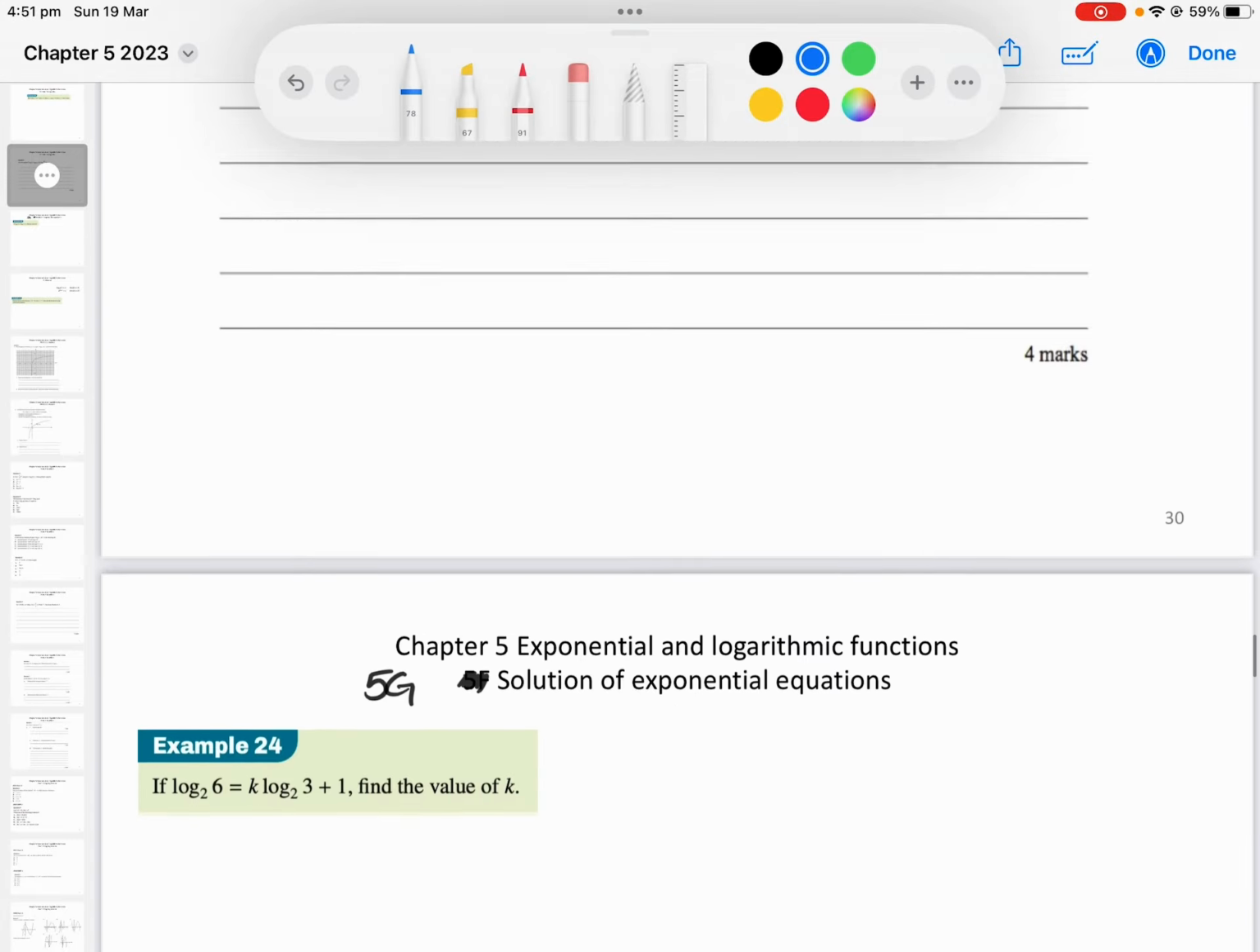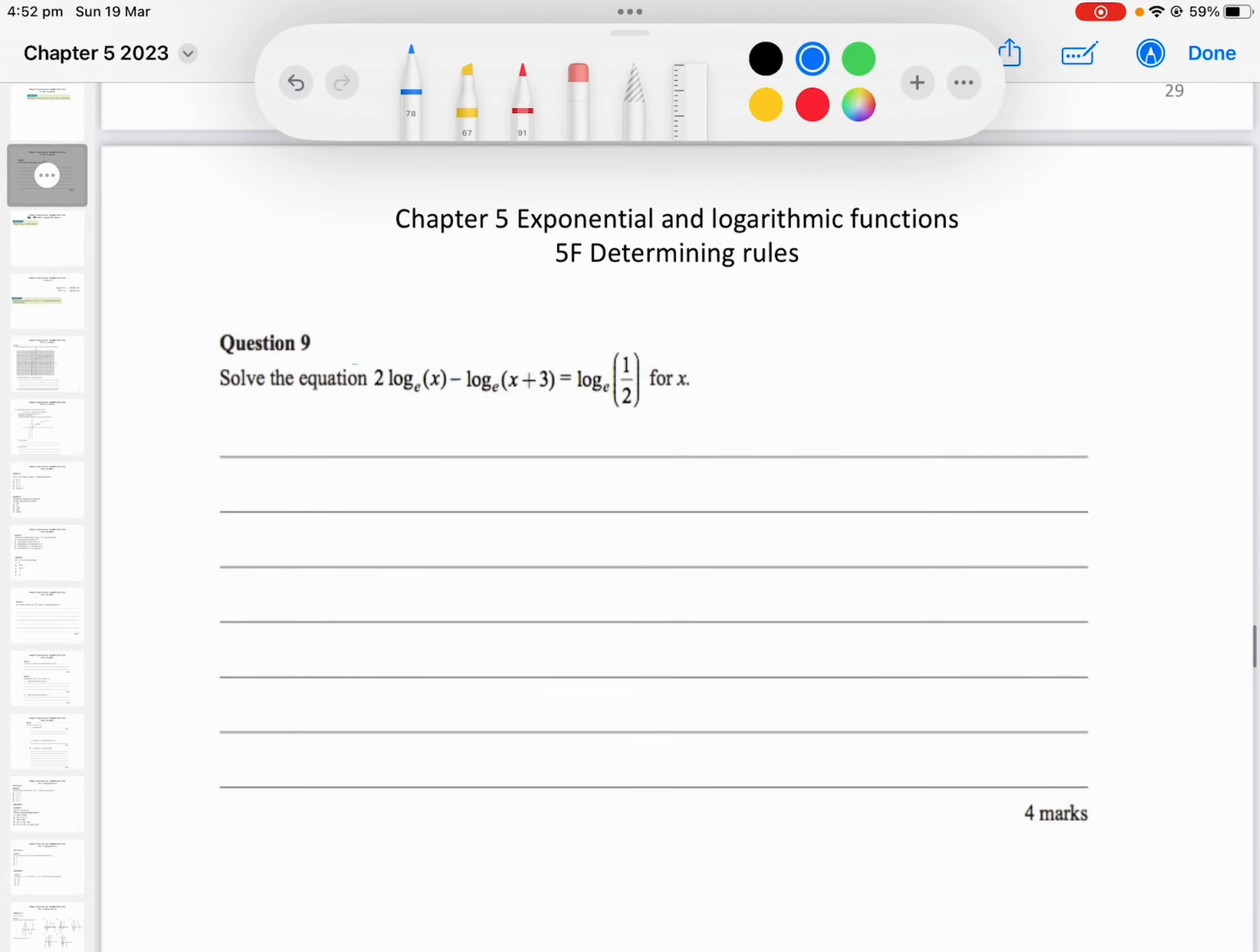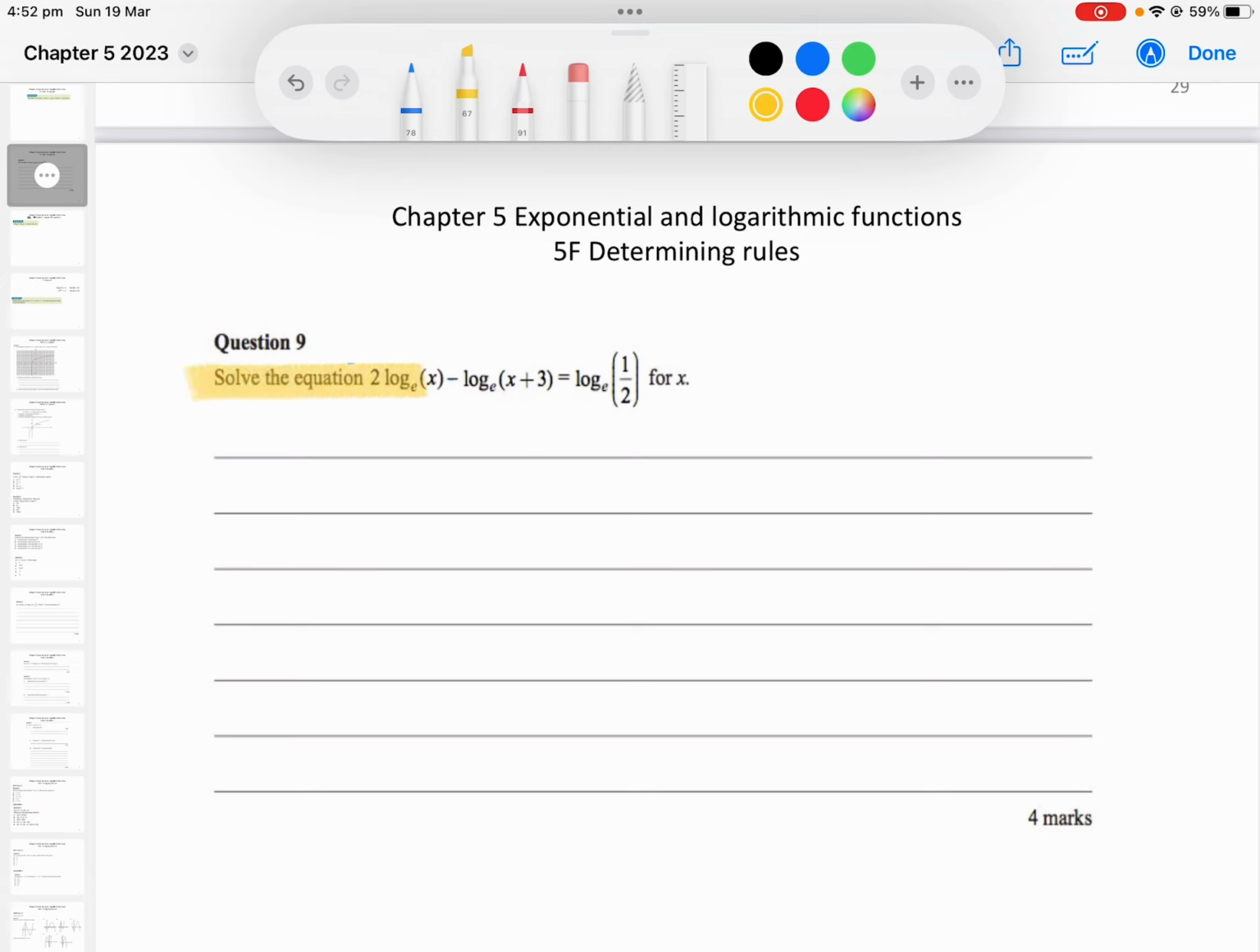So before we go on and do the notes for 5G, we're going to do this practice exam question. If you haven't done it already, please stop the video and have a go at it before you look at the answers. So the first thing I'm going to do is use the log laws to make this x